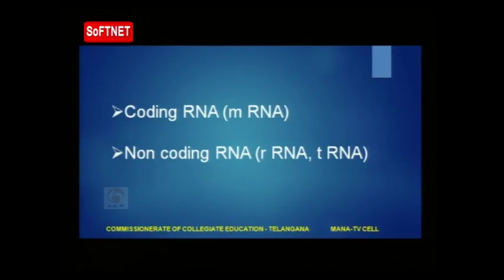And the tRNAs are involved in the transfer of amino acids from the amino acid pool to the site of protein synthesis. Where is the site of protein synthesis? On the mRNA and in the ribosomes. So the tRNA transfers amino acids from the amino acid pool to the site of protein synthesis. So these are the different types of RNAs synthesized through the process of transcription.